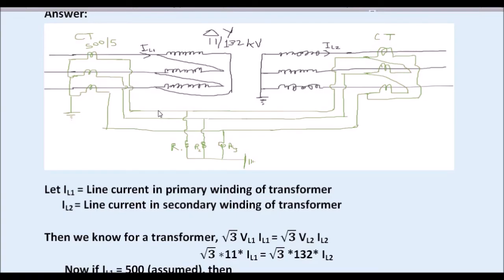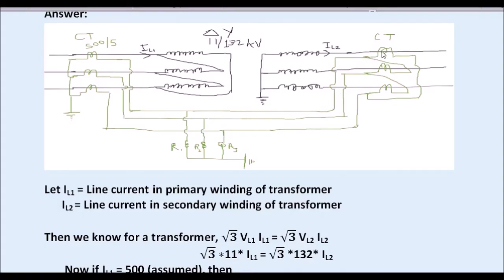Okay. Now, under normal operating conditions, this relay should not trip. Therefore, the same 5 ampere current should be present in this pilot wire also. The same 5 ampere current should come from this secondary side CT also. So this 5 ampere current, if we see, is a line current for this delta connected CT.